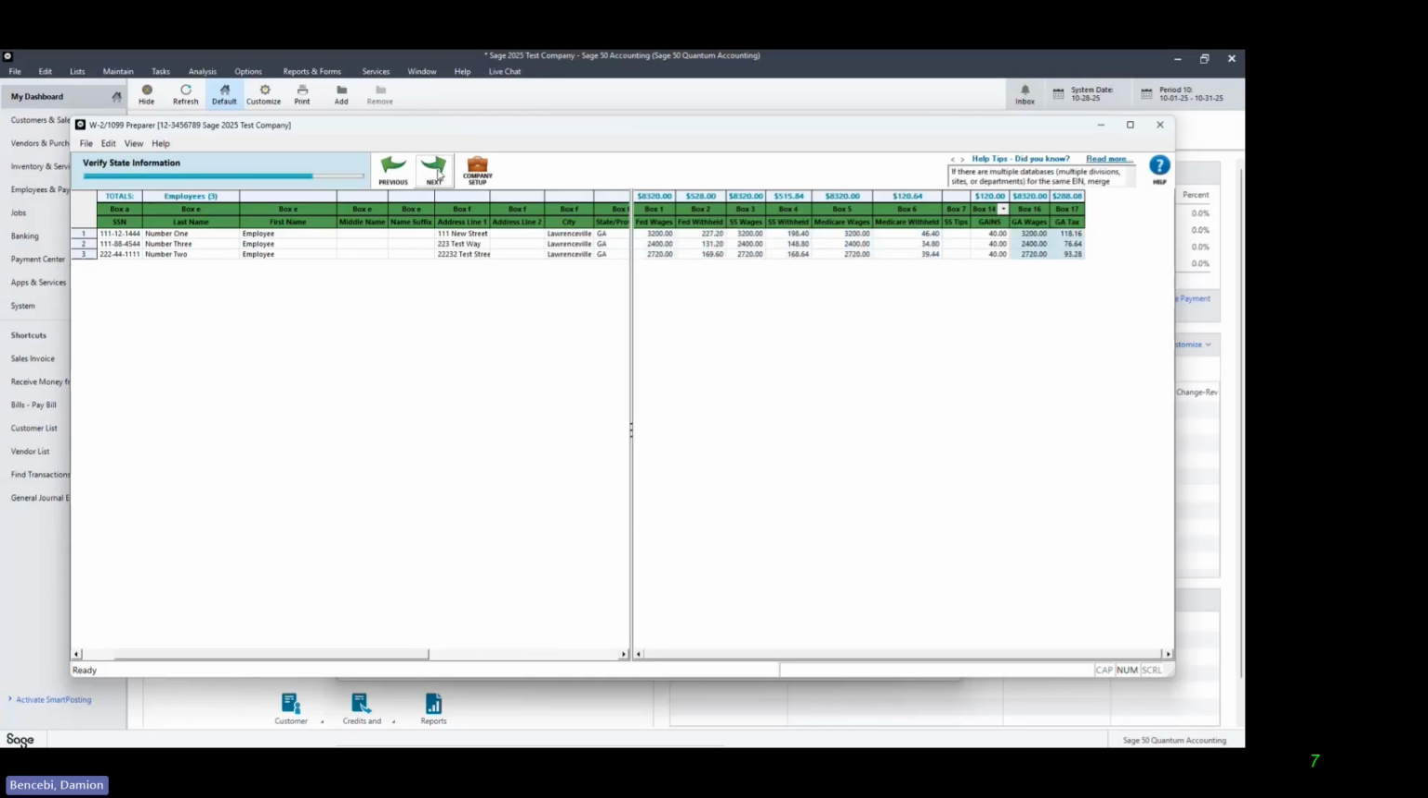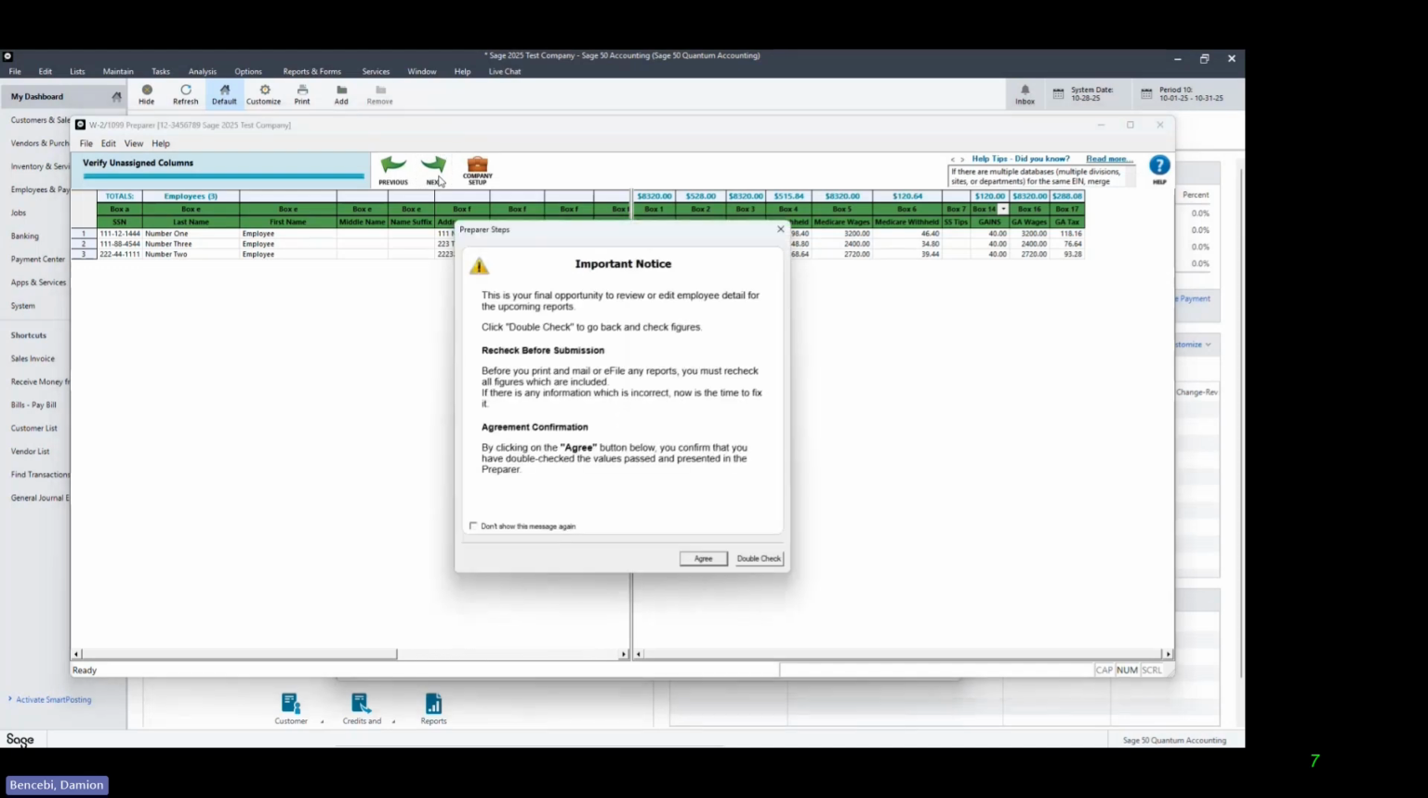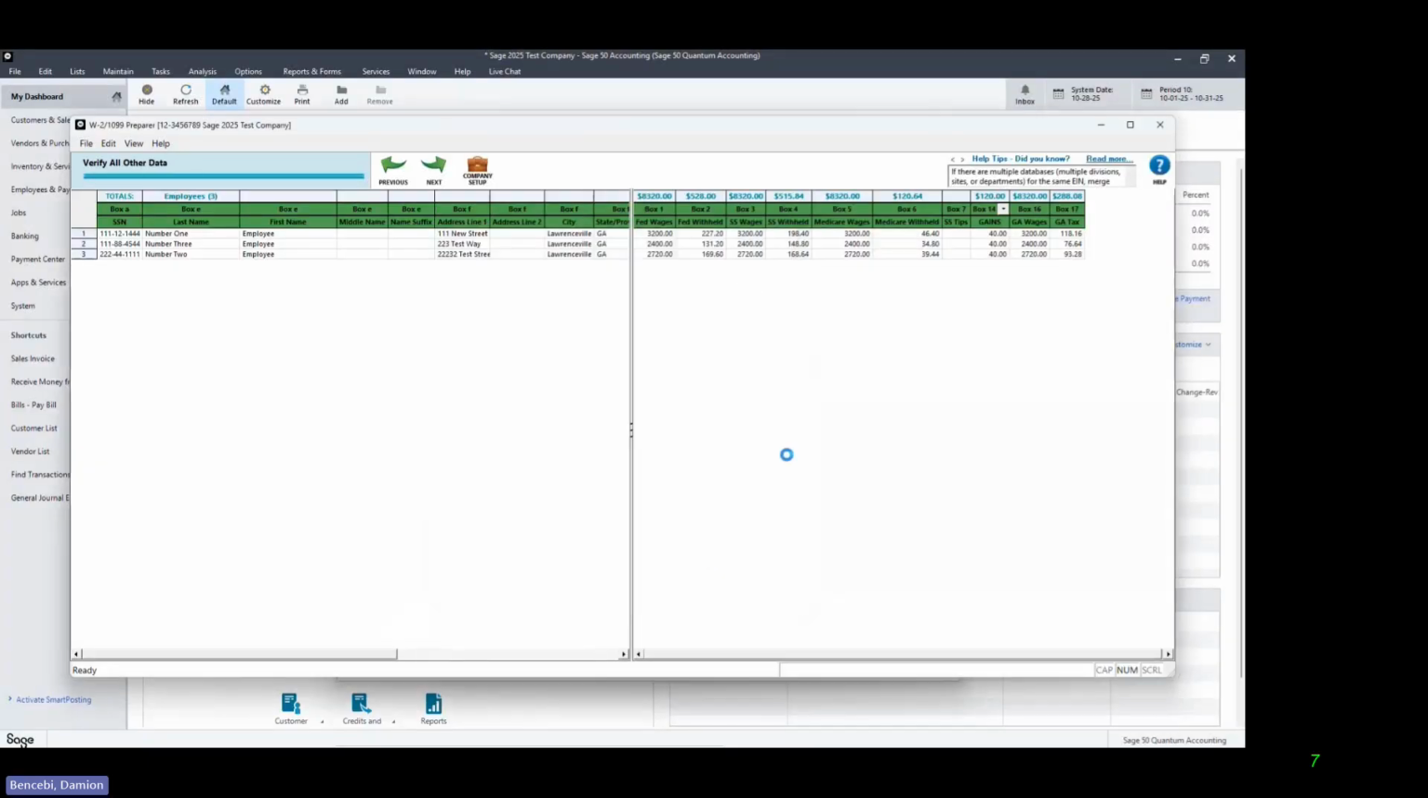State information looks okay. Any unassigned columns where applicable, this is where you would update those, confirm they're correct, and you can select next. Finally, we'll get just a short information window saying before we proceed, you can go back and double check if you want. I already know the information is correct, so I'm going to select agree so we can continue on with the